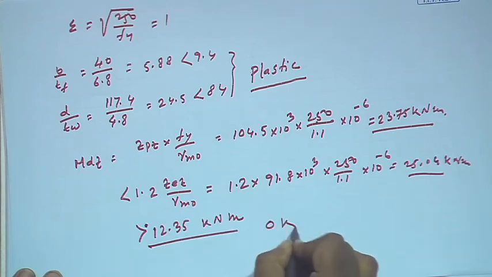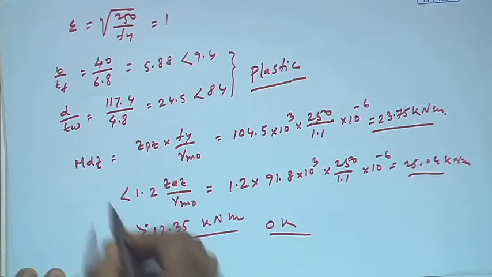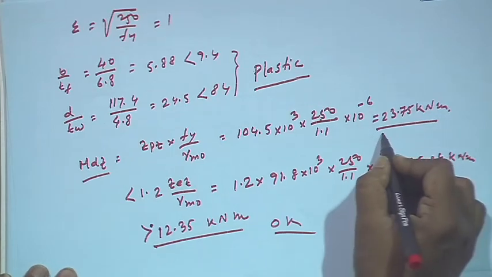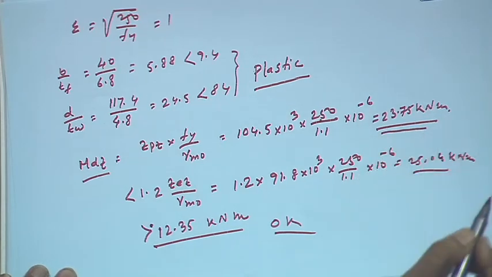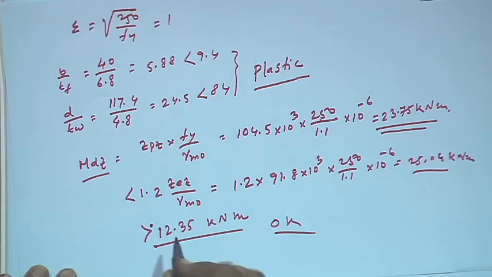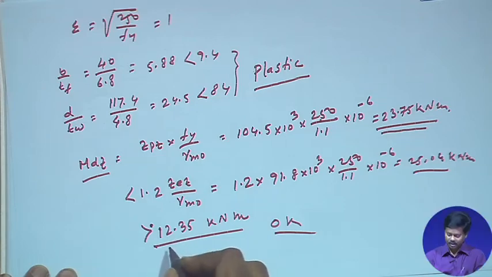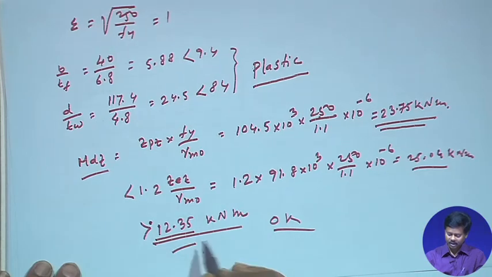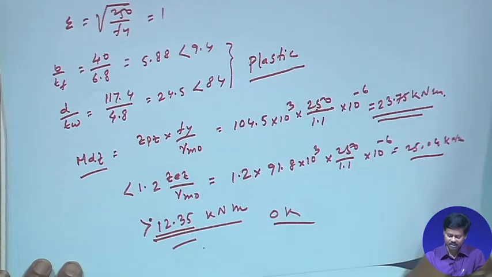So, it is okay. The design bending strength Mdz was calculated as 23.75 kilonewton meter, and the bending moment about the Z-Z axis is coming 12.35 kilonewton meter, which is less than the design bending strength. So, it is okay. If it is not okay, then we need to increase the section size, right. Next we will calculate the Mdy value,